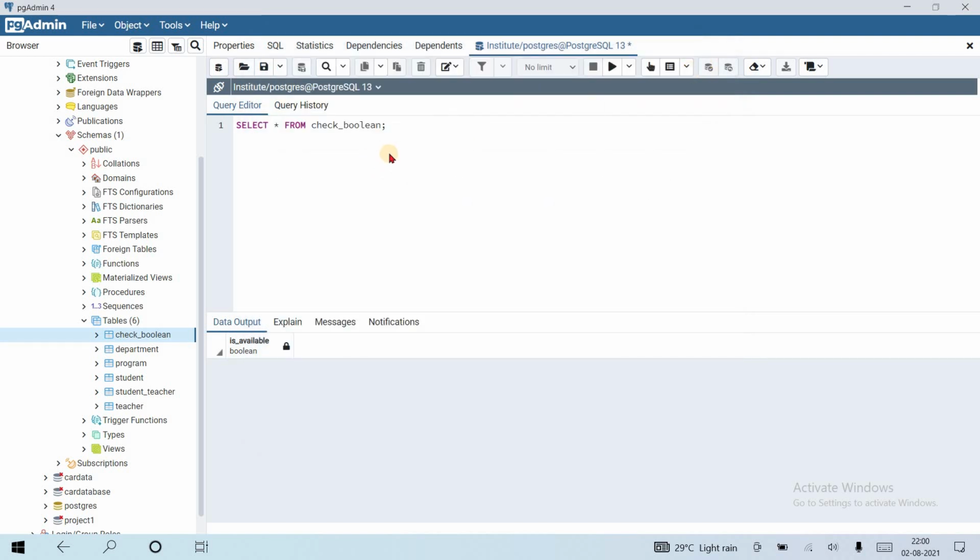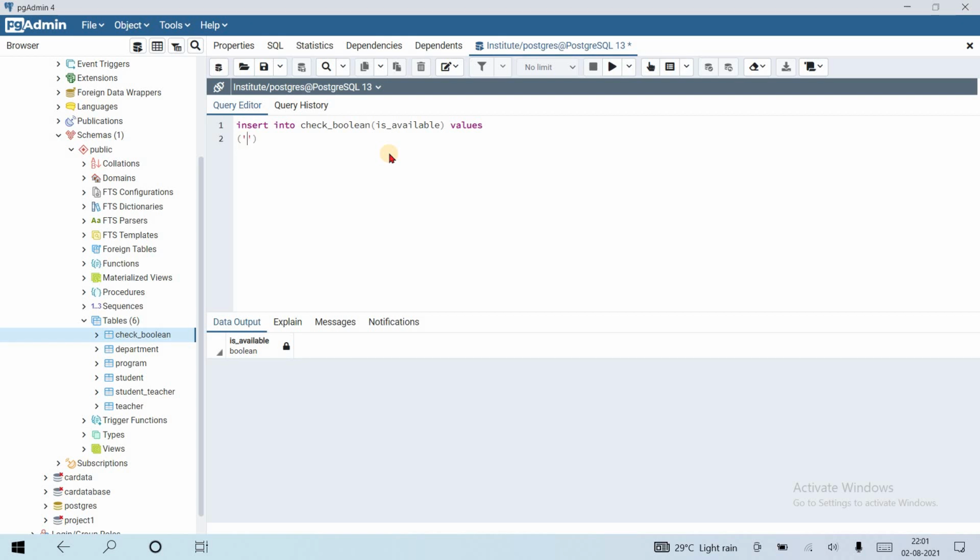Let's insert some values into it. Insert into check_boolean is_available values.